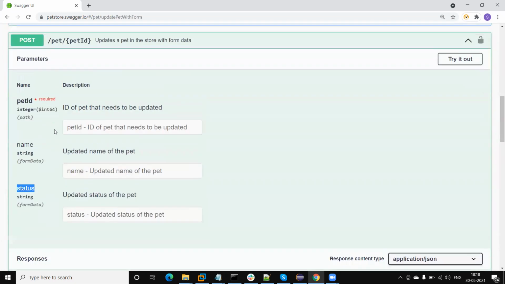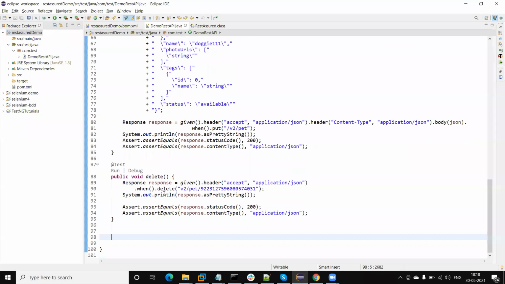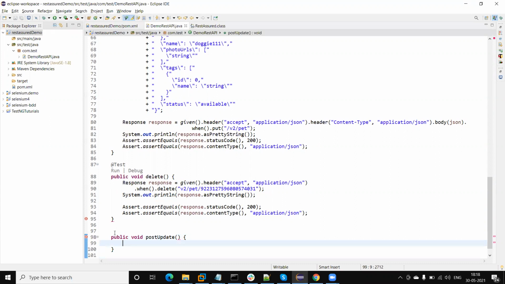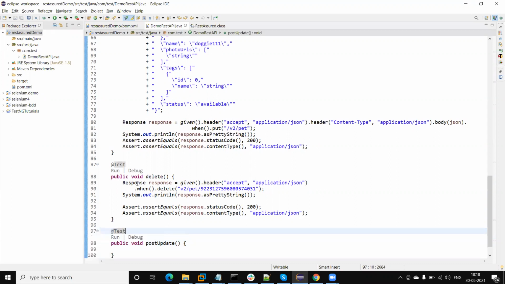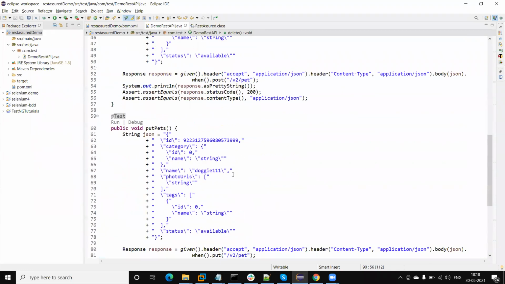Okay, so let me create this here. One more method, public void post update. Okay, so let me copy this request here.